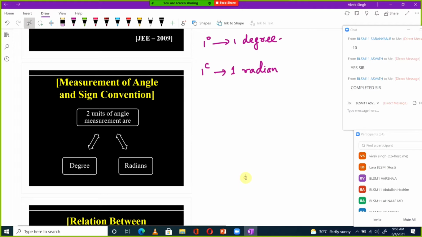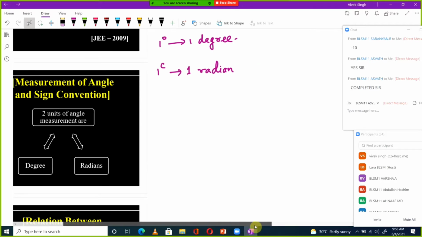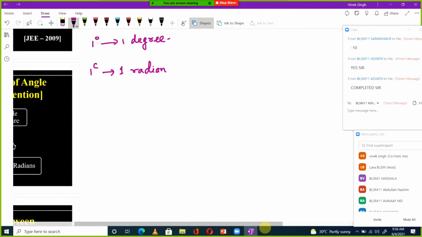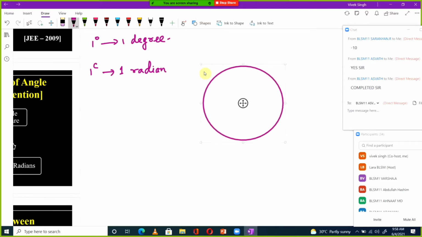First of all we should know this. So let me define. Let's say this is your circle. So center is this point, and radius of the circle is r. Let's say you start from this point A, and you move some distance on this arc. What will be the distance? Arc length. Do you remember arc length?